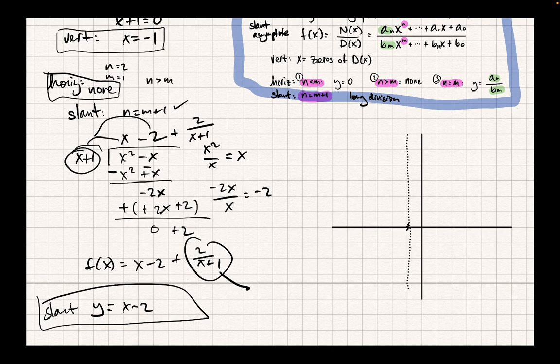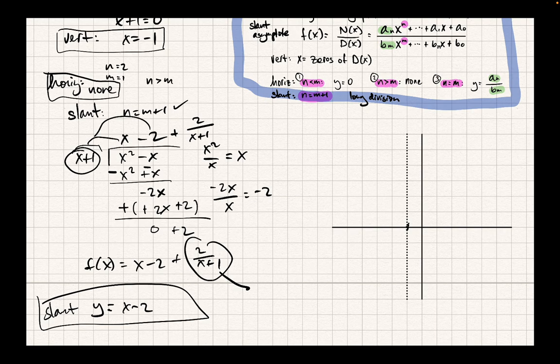So there's my vertical asymptote, and you don't have a horizontal. And I have no horizontal, so that's really easy to graph. Just imagine no horizontal line. Okay, what else? Your slant